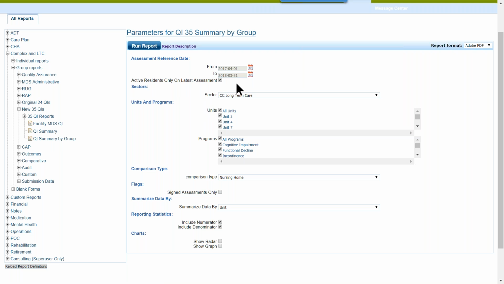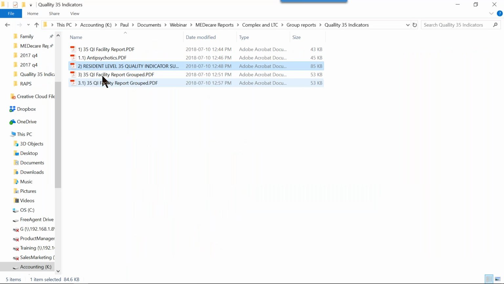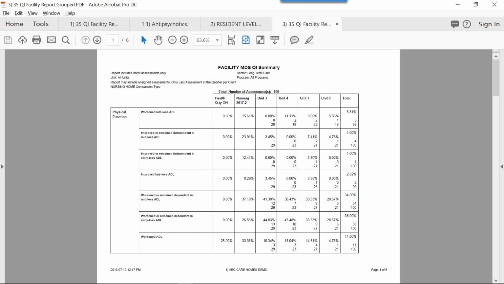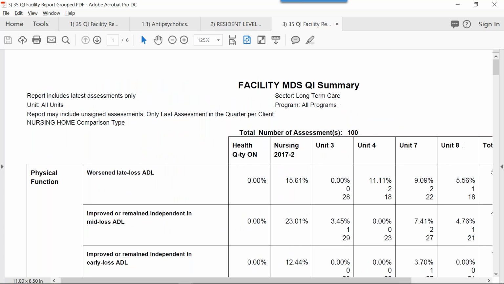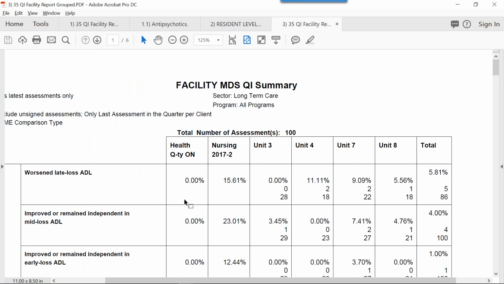Okay, so I'm going to take all of my current residents, same programs and units. I want to compare it to Ontario again. I want to look at the data by nursing unit, and then I'm going to run the same QI report, only this time we're going to look at it by unit, separate out the units. So let's just blow this up, come across, and notice now that as we look at the different areas,